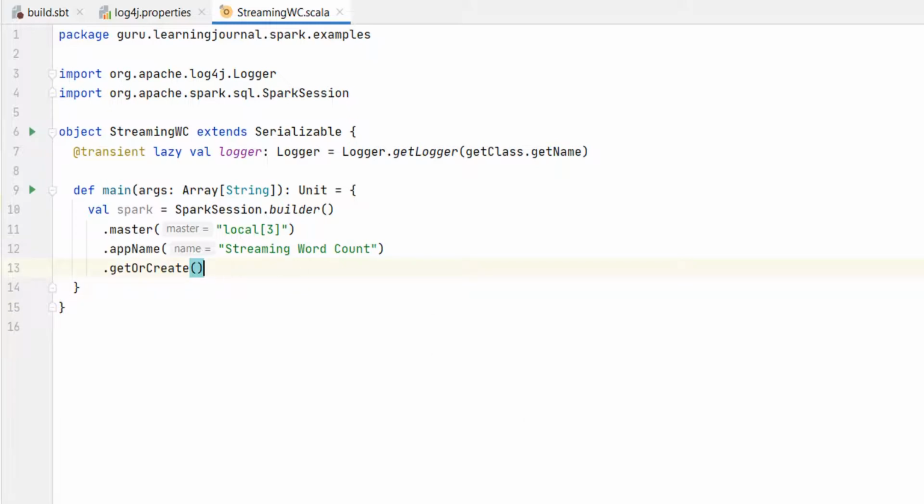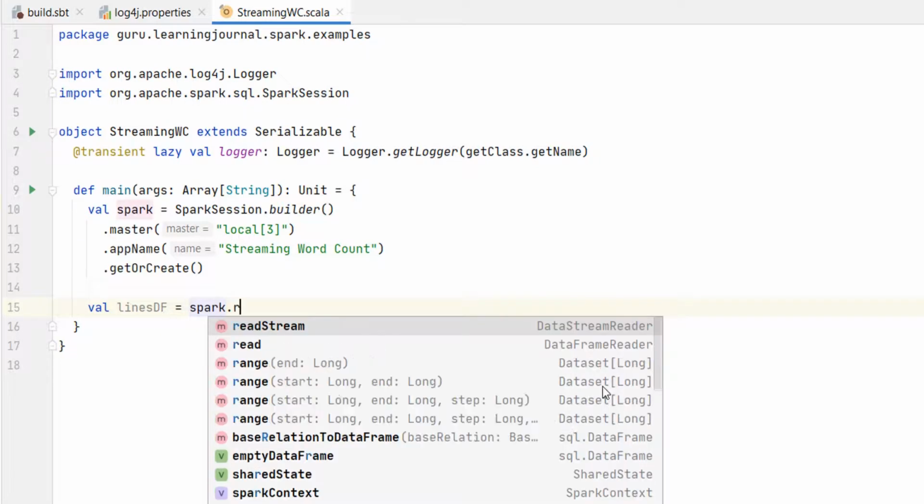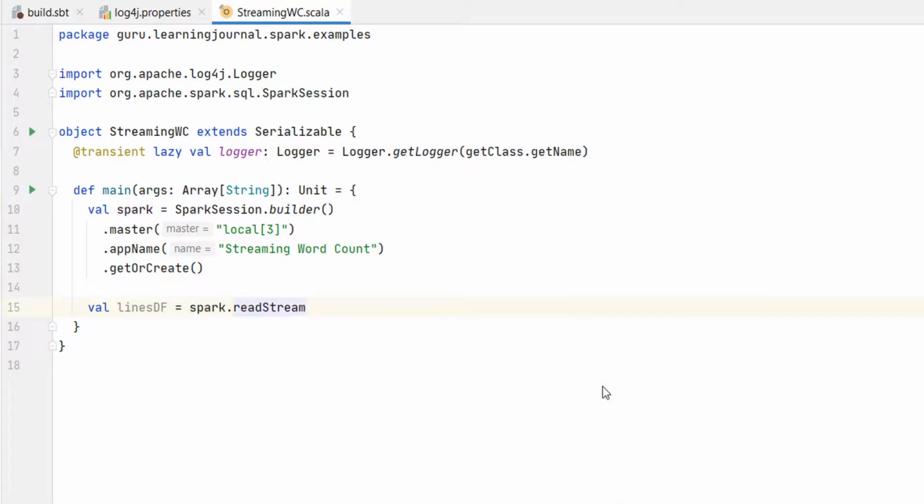So we want to create our input data frame. Let me call it the lines df. We will be reading a line of text from the TCP/IP socket, right? That's what we discussed in the beginning. How do we read it? Simple. Start with the Spark session and call the read stream method. The read stream method gives you a data stream reader. The data stream reader follows the same pattern as the data frame reader.